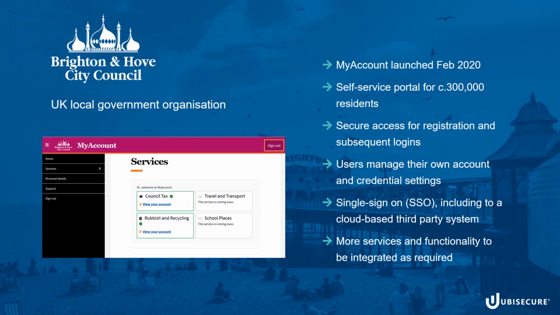This example comes from e-government, and it's from the UK, from the United Kingdom. We talk about Brighton and Hove City Council, which just launched recently, at the beginning of this year, February 2020, online services called My Account. It was based on our identity APIs. And some of the key